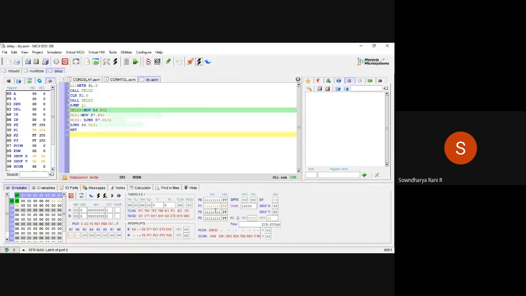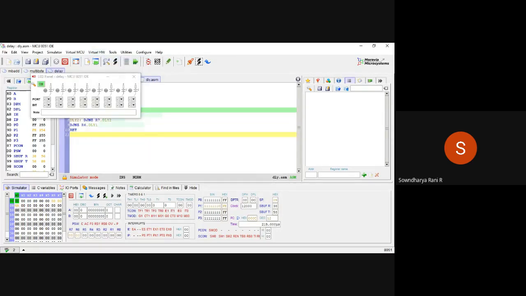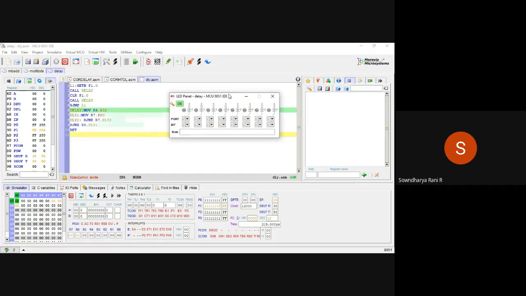Okay, so far we have seen the output in port 1, right? In port 1, the zeroth bit is alternating between zeros and ones, right? So now I'll show you with the LED. Are you able to see the LED panel here?